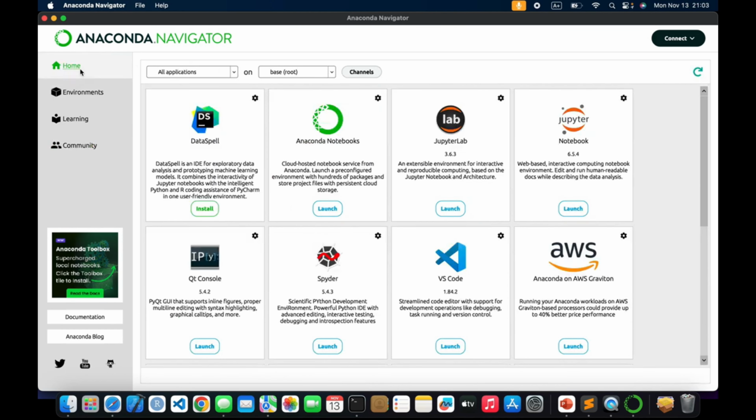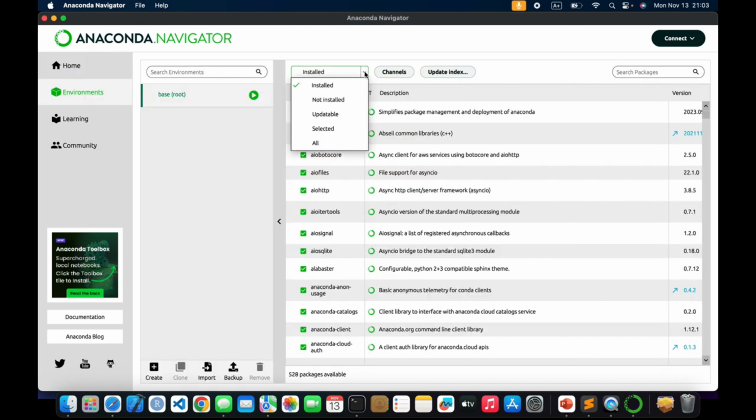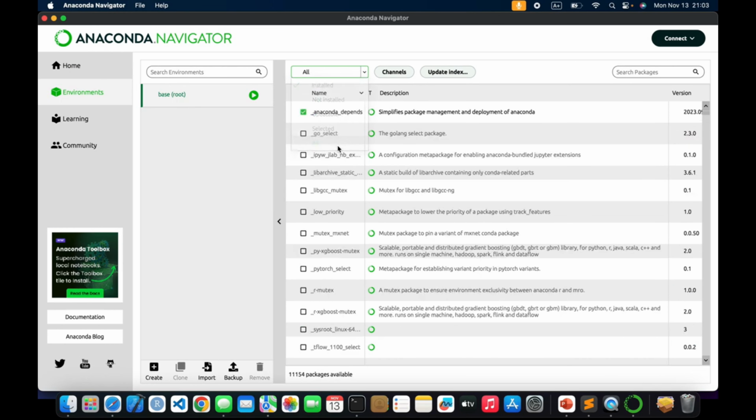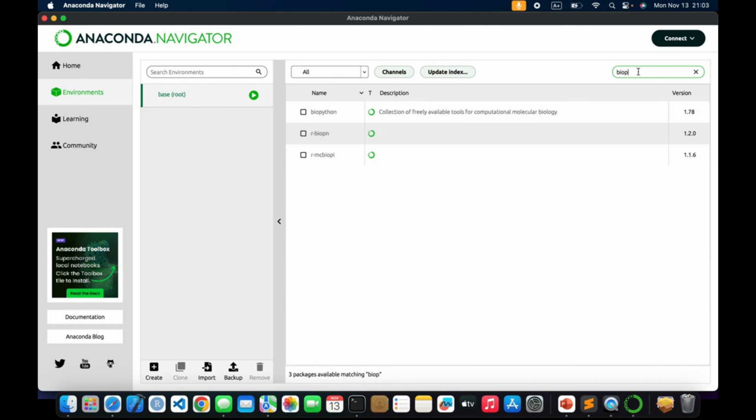Okay, so those who don't want to go for command line installation, they can use this graphical user interface to install different packages in here. So if you go here and click all, you can search for packages from here. If you want to search a package like BioPython, you can see BioPython. If you click this, it will automatically be installed. So here is the purpose, but we are not going to do that. We are going to do this from the command line